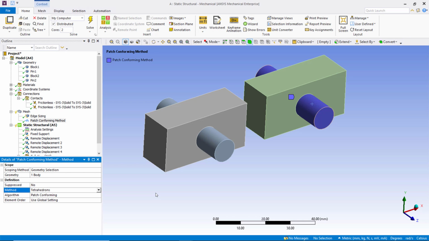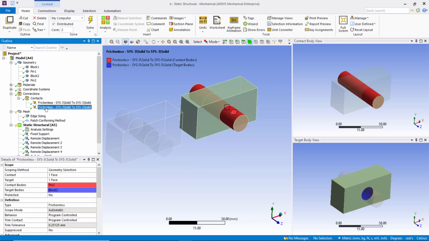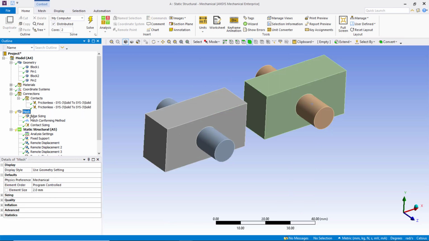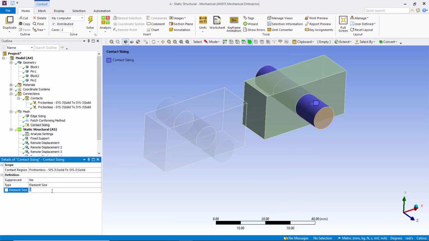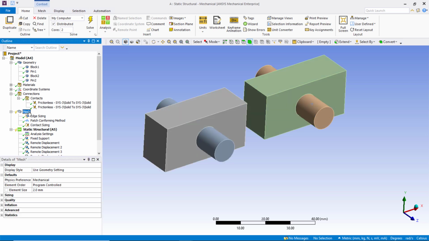To do this, simply drag and drop the second frictionless contact pair to the mesh branch. Change the element size to be 1 mm. This creates elements of size 1 mm closer to the contact region. Now right-click on Mesh and click Generate Mesh.